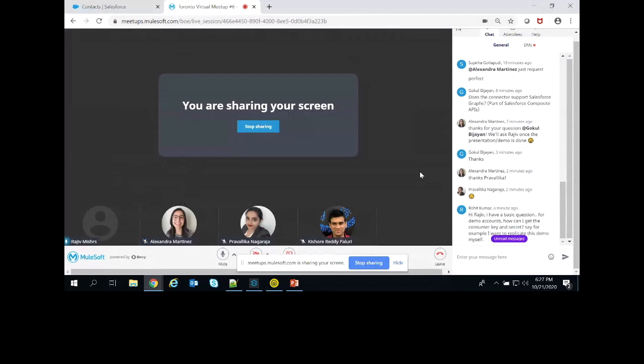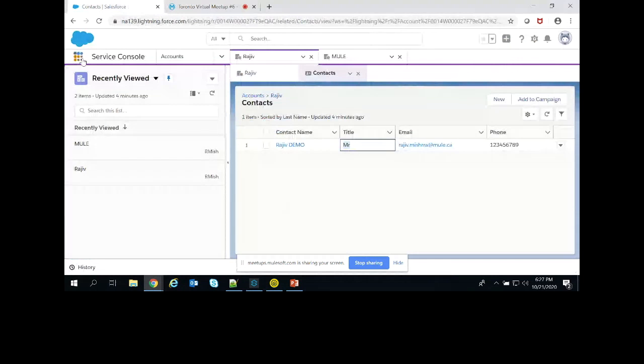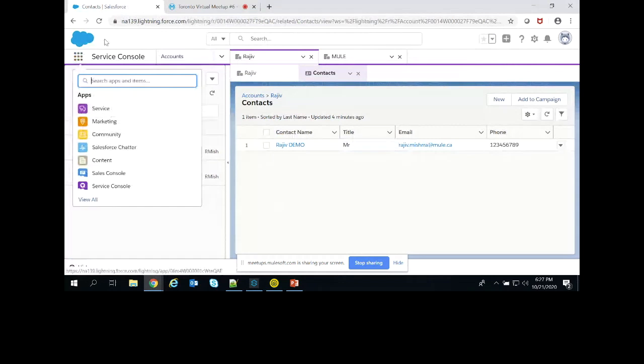Yeah, you can go to the Salesforce console. One second. I'm not familiar with Salesforce, but using Google I can find it. Let me try again. Let me search developer Salesforce. It has the option there.